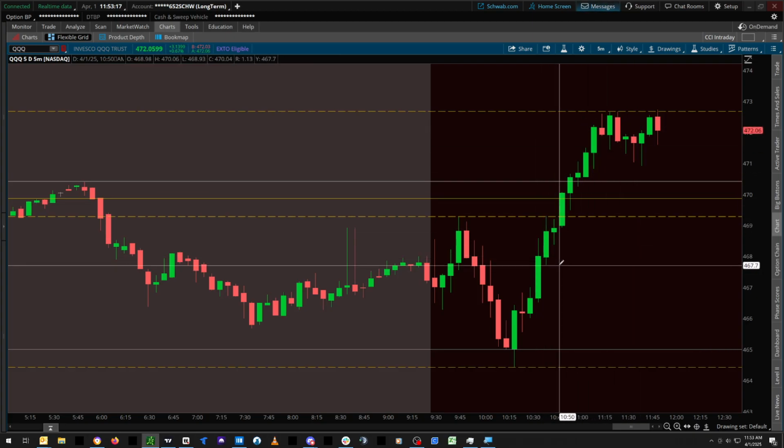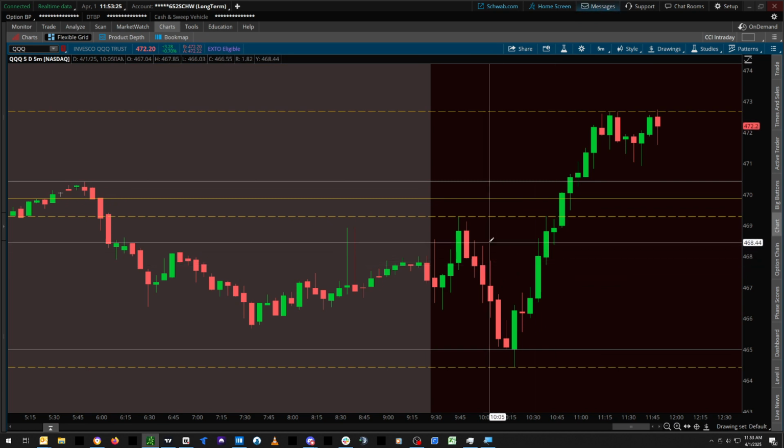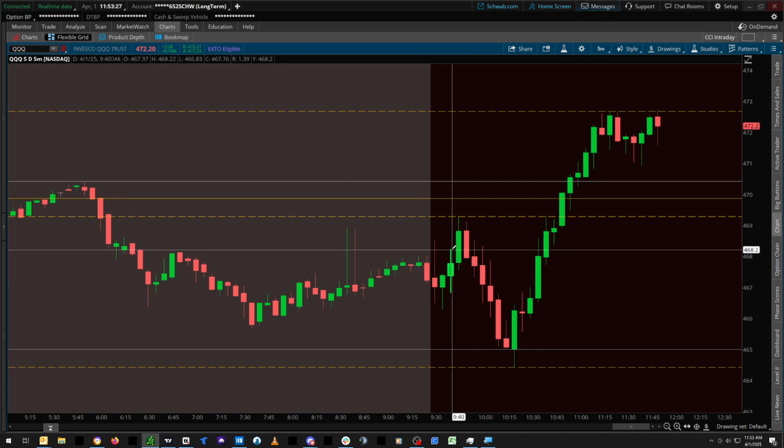But ORBs got popular because of options. People would put on an option and walk away from it or be willing to take a 50% loss or whatever. The idea of the ORB strategy was made popular by options as far as I know. Not to say that it doesn't work here, but had you taken this breakout,